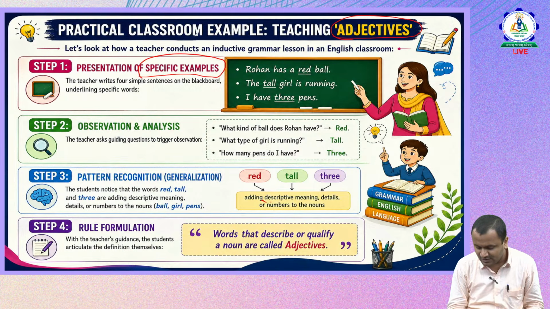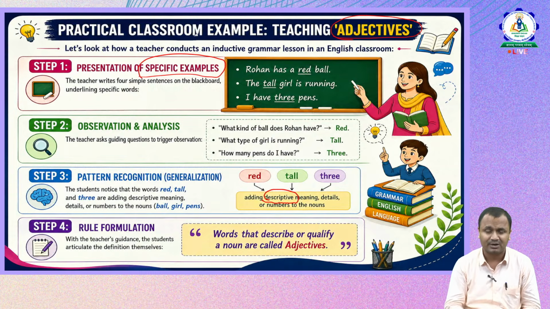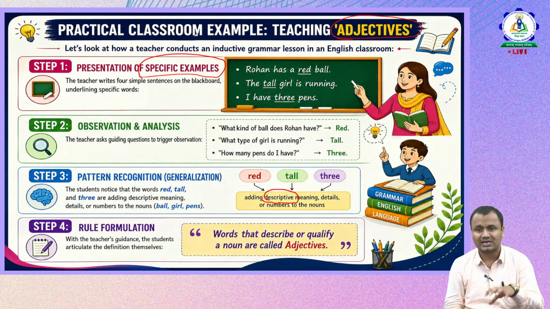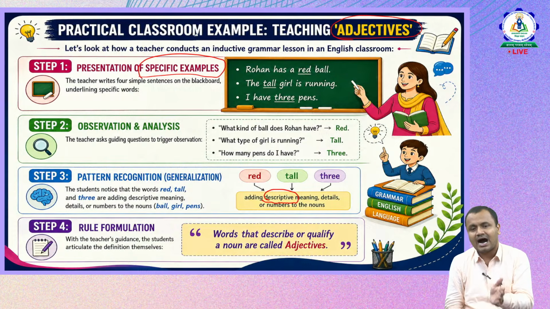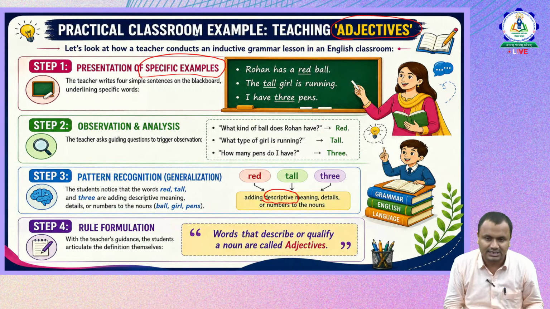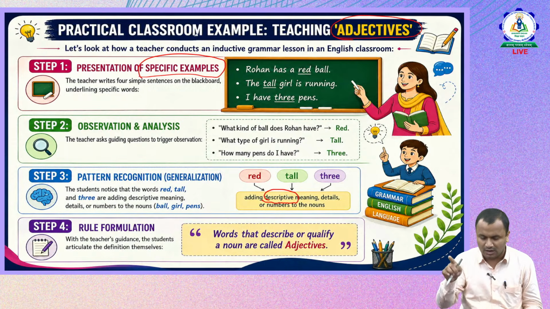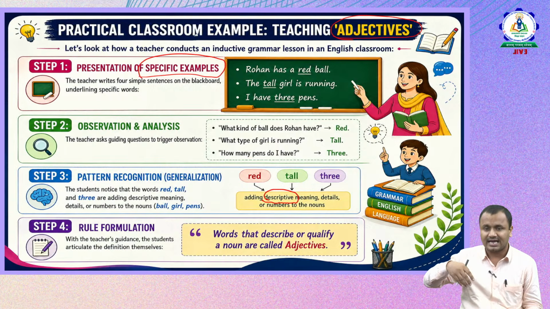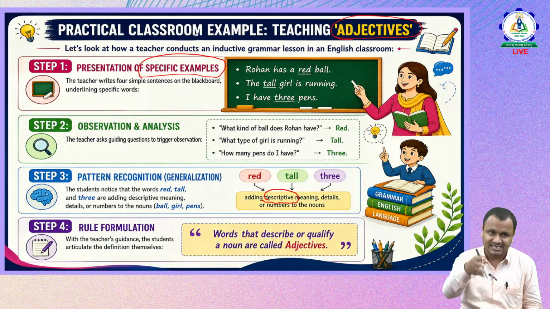What we can do is, we can tell the student that they have identified the right pattern, that there are some words which are used to describe something, and those describing words which tell about the quality of something are generally known as adjectives in terms of parts of speech. So instead of writing the topic that today we are going to learn about adjectives and these are the types of adjectives, what we have done is, we started with presenting certain examples, then we helped